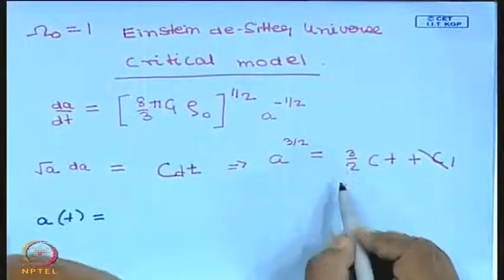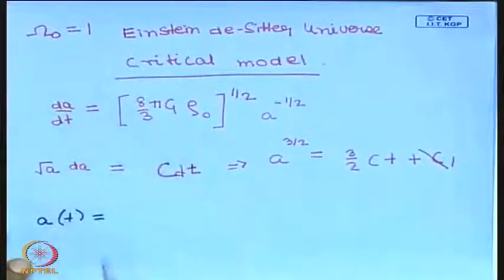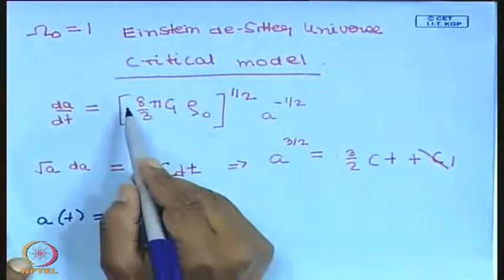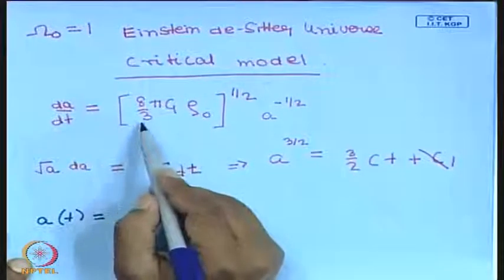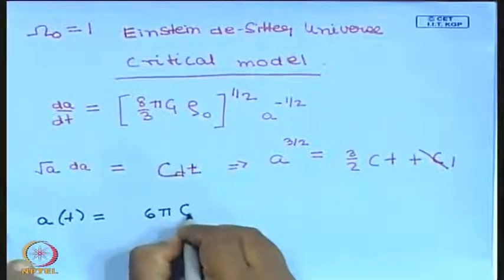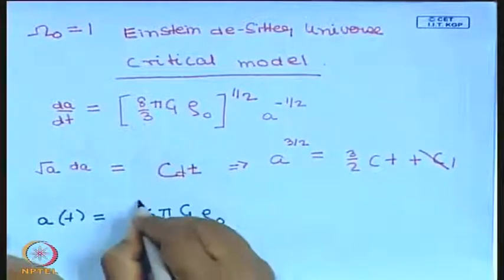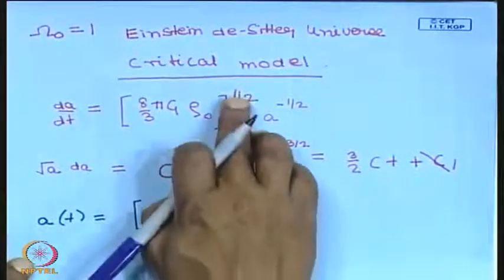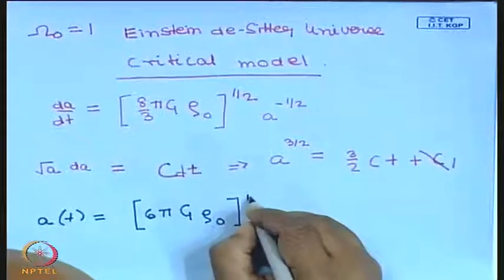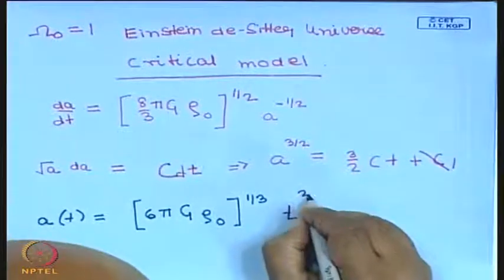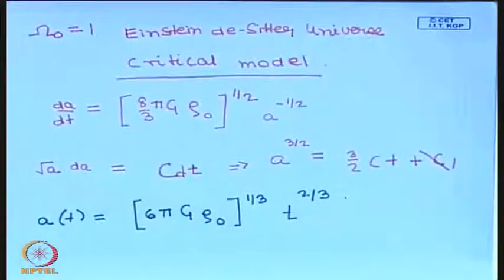We have 3/2 over here, and if I take 3/2 inside the square root sign, then I will have a 3 left, because I have to take the square, so I will have 9 on top, and if I take this inside I will have a factor of 4, so I will have (6 pi G rho naught) to the power of, here I have to the power 3/2, here I have to the power half, so I will have to the power 1/3, t to the power 2/3. So that is my solution